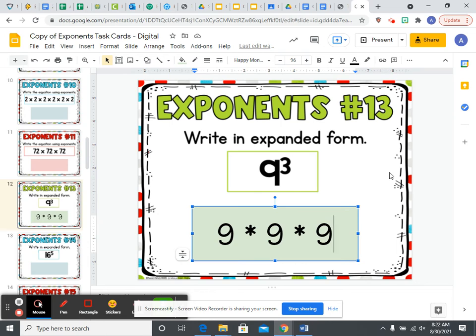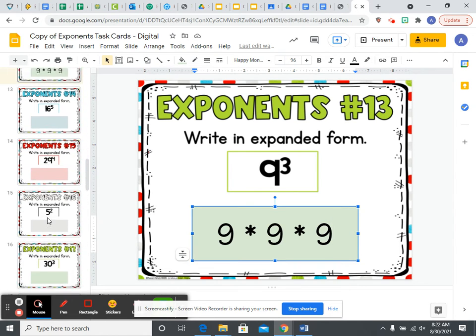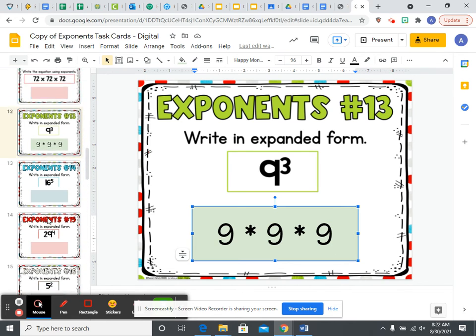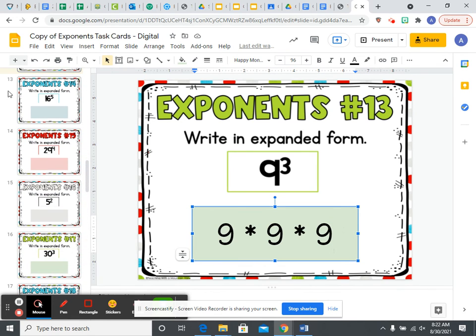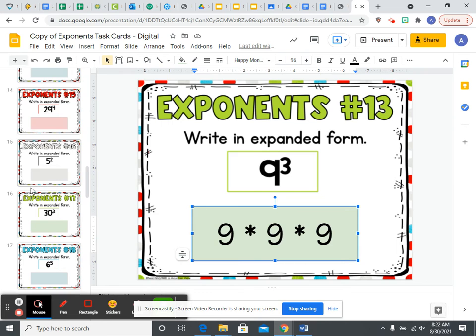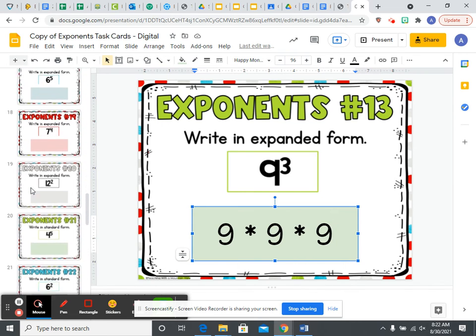Since we're trying to get out of the habit of using X's for multiplication, just use Shift 8 for that little star for multiplication. Why do they keep us to use X's for multiplication in elementary school? I don't know. Probably just because that's the basic thing to do in elementary. But then when you start getting the actual algebra, that's not the thing anymore. All right, so that's the same concept for slides 13 through